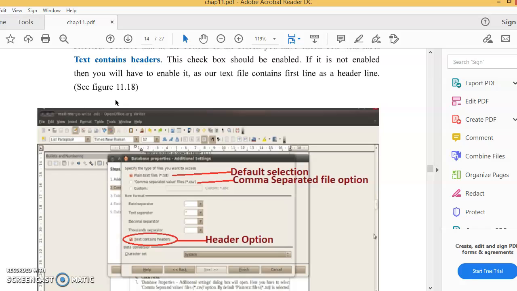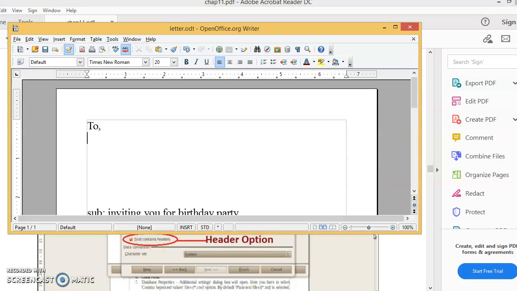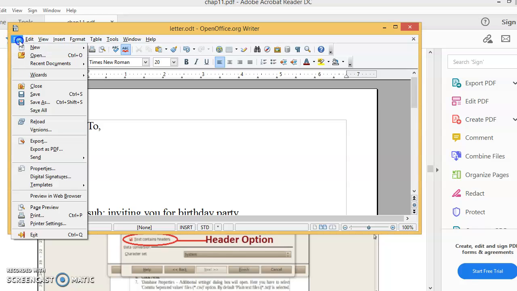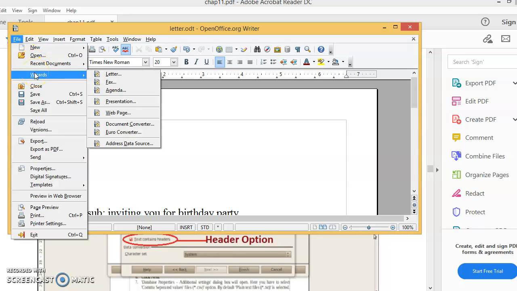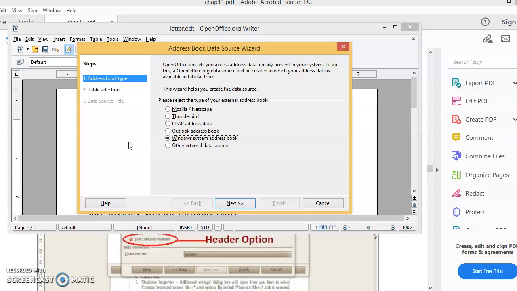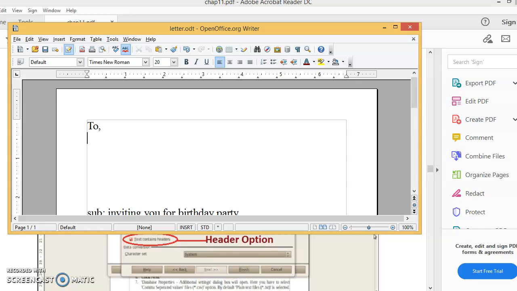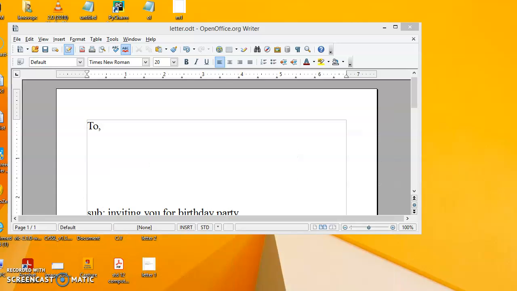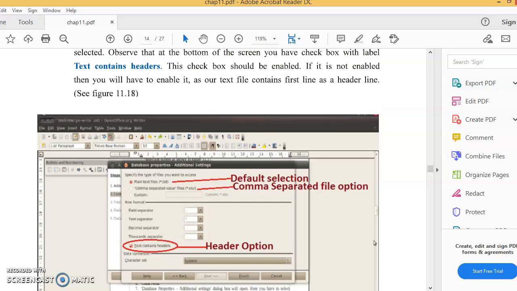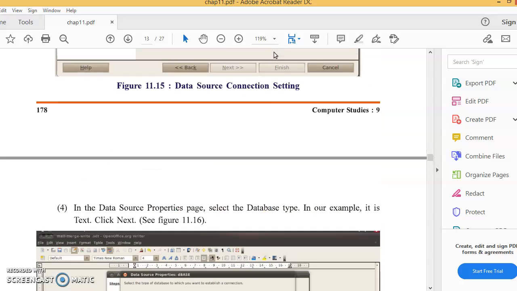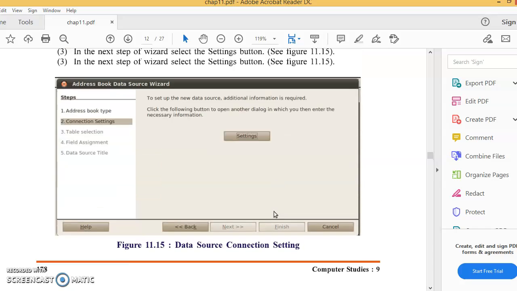So now we will go to our document, go to the file menu, wizards, address data source. Select it. These are simple steps, the same as given in the textbook.